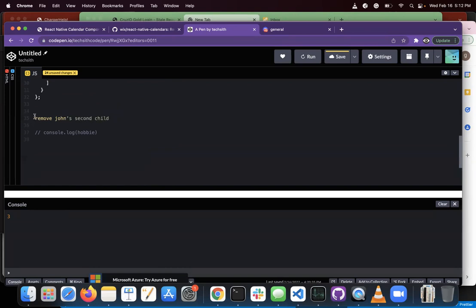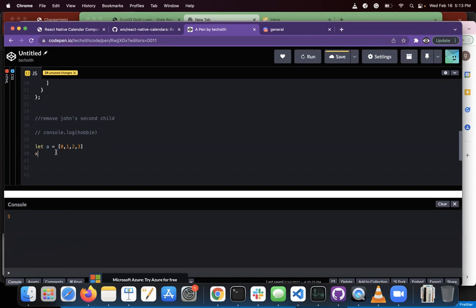Okay. Remember, removing something is, let's say if I have an array of 0, 1, 2, 3, right? I have 4 elements. And if I remove, let's say, the third element, which is the second index, I would say, let a, this is an array. And if I want to remove, let's say 2,